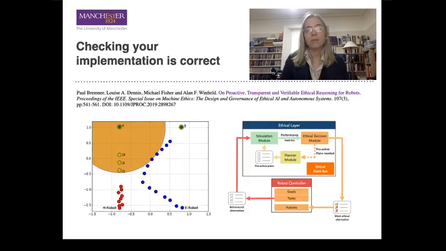So the first example I'm going to look at is one where we are checking that our implementation of the underlying ethical reasoning was correct. This appears in a paper we did with Alan Winfield and others from Bristol Robotics Lab, and it's an extension of that early system he had where he was trying to prevent the human landing in the hole. Now, I said in that system there was a kind of utilitarian implementation of the ethics. In this system we did something much more explicit, and in fact we took Asimov's laws of robotics as an